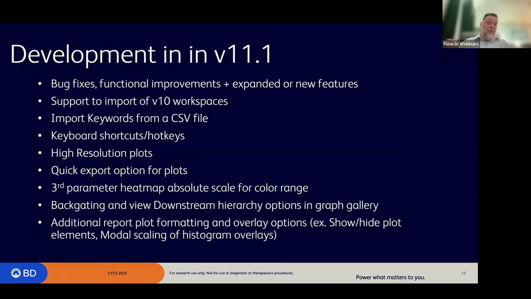Eventually there will be custom ranges in there, but it was coloring a little bit different, and we aligned that so it looks more like a V10 experience. Backgating and downstream hierarchy options are now available in the graph gallery, which were not supported in the previous version, which is super cool because, again, you want to be able to change a gate, see the result of that downstream. That's available. And then the backgating is removing each gate in the hierarchy so you can see what's going on. If you were to remove that gate completely, what events you would get in the absence of that gate